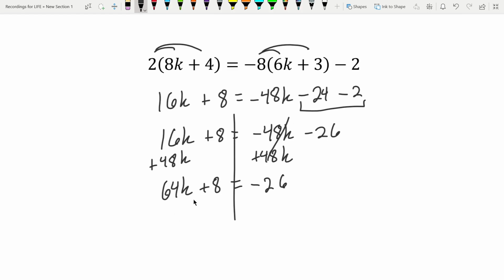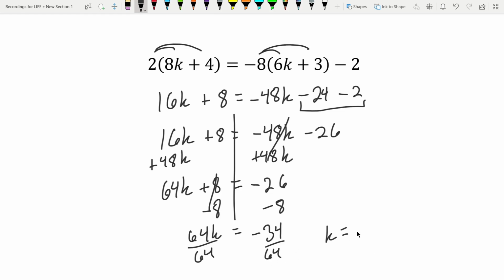Okay, now we need to get 64K by itself. I can subtract 8. That gives me 64K. Those cancel, of course. -26 minus 8 is going to be -34. Divide by 64. And I get K equal to